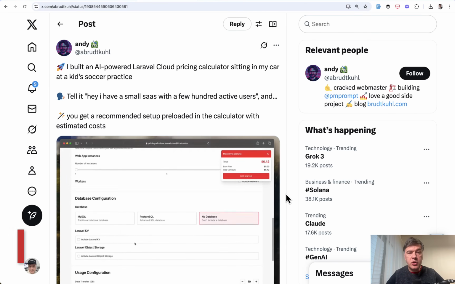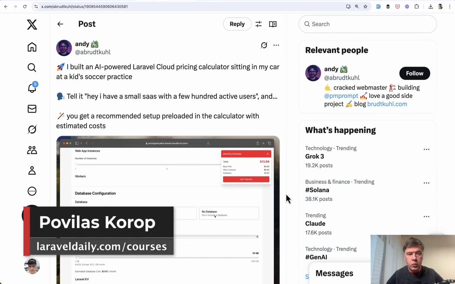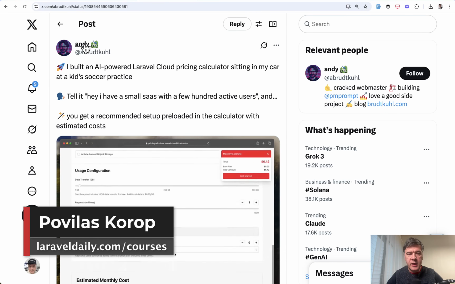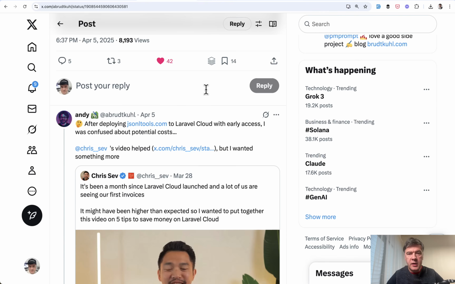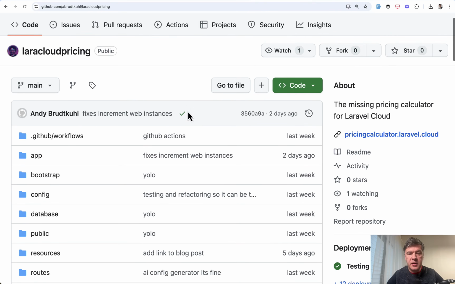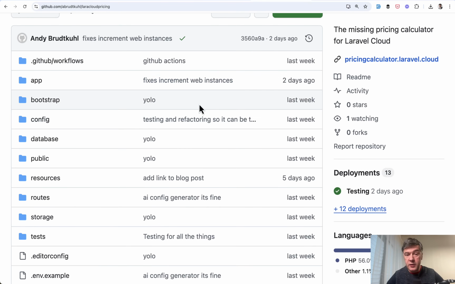Hello guys, today I want to show you one open source project with Laravel and Livewire by Andy, which is Laravel Cloud Pricing Calculator. And Andy open sourced that, and here it is on GitHub. So we will run through the code, see how Livewire works, but even if you don't work with Livewire, we will talk about Laravel things like separating that into a service, unit tests, and how to use OpenAI API in